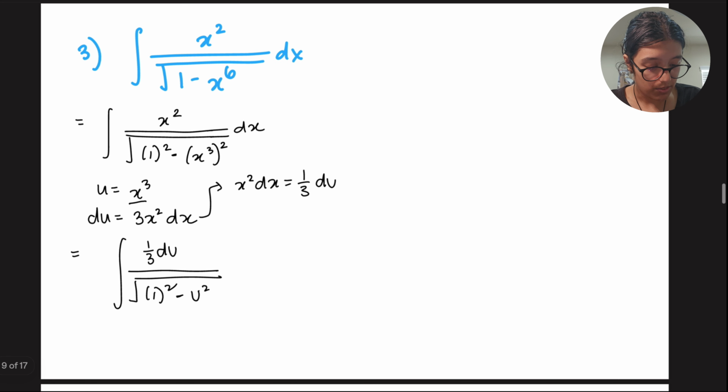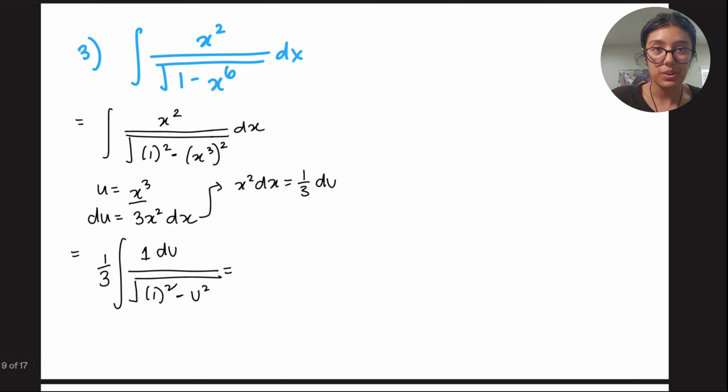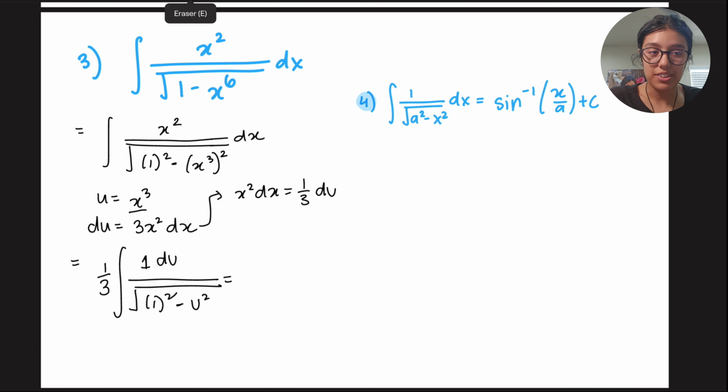And of course, we can take that 1/3 out because it is a constant, right? So I'm just going to bring that 1/3 out. And now we are pretty much good to go. We have a 1 in the numerator, and we have the denominator in the correct form. So we can use our fourth special integral formula, and this is the same formula we used in the previous